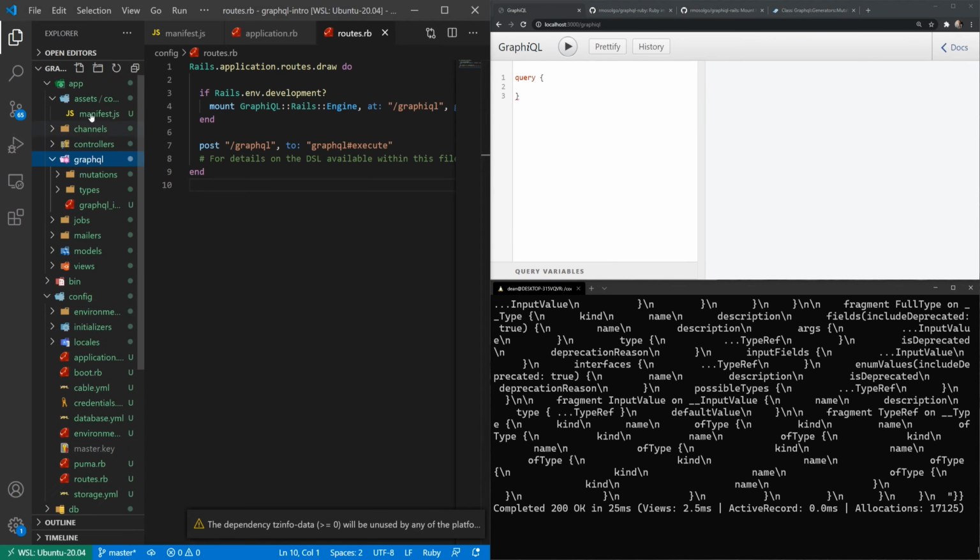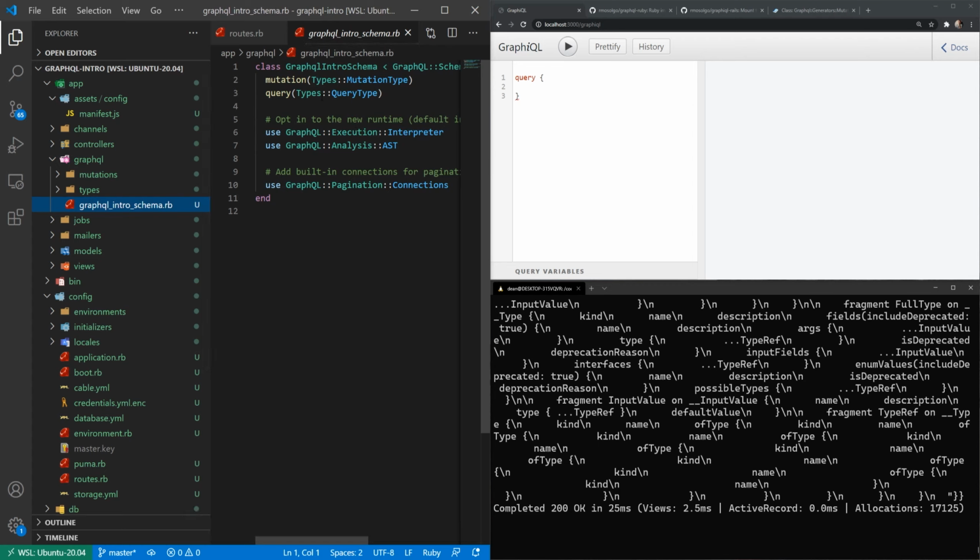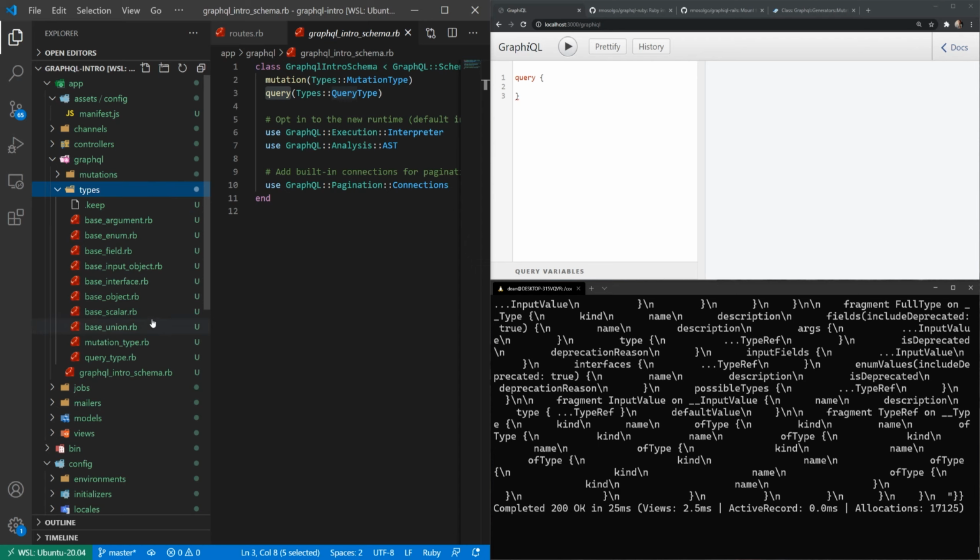And if you come into your GraphQL folder, you should see you have the intro schema here, which has your mutations and your queries. Your mutation is how you create, delete, edit, update, whatever stuff. And your query is how you get information. So if you want to edit or add or delete information, you'll probably run a mutation. And if you just want to get information, you'll probably run a query. So you have your types here. You can see you have a query type and you have a mutation type,